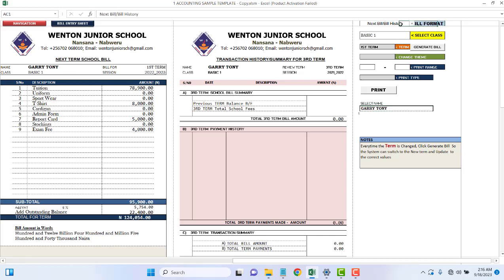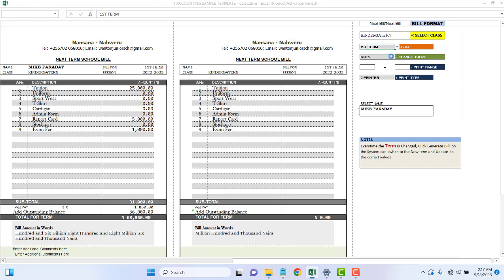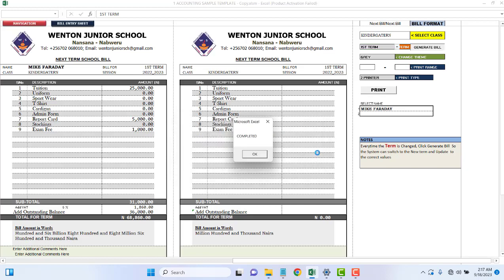There's another format here that allows you to print two bills at the same time. So this is set to first term. I'll set it to second term. Once you've changed the term, you have to click on generate bill to update the system that it has changed its term. Okay, good. So once this is done, we can now comfortably pick a class